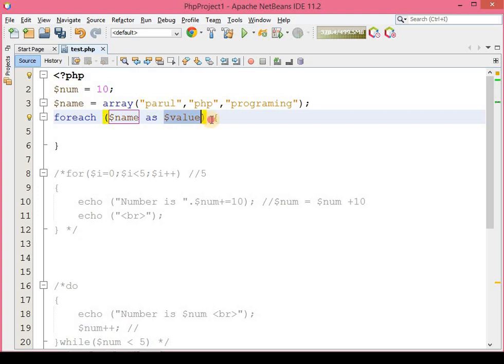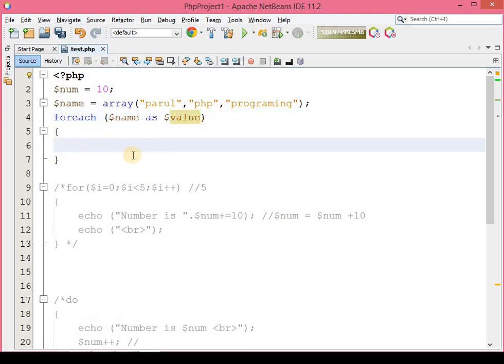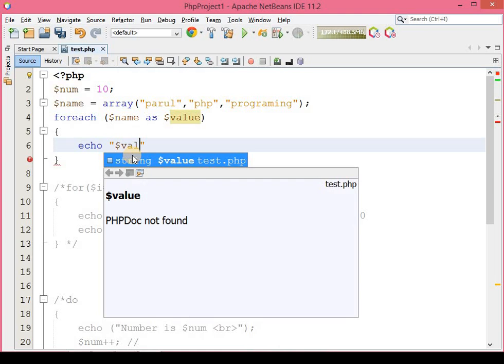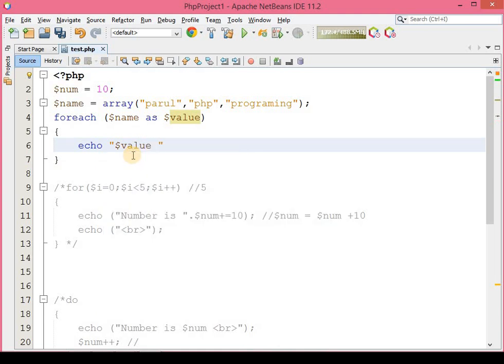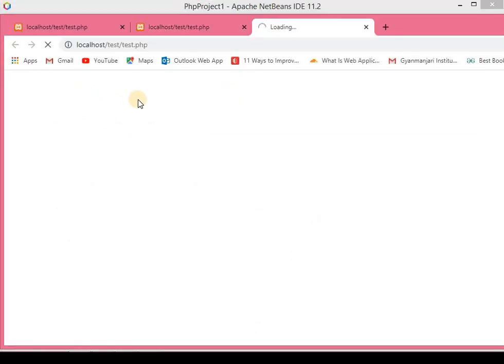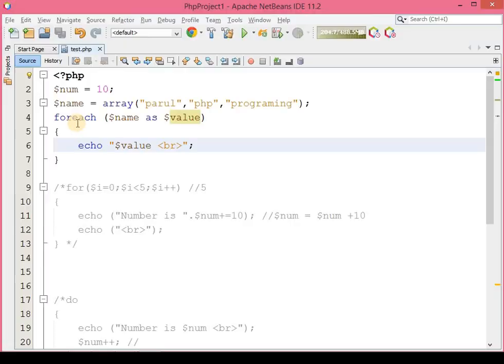Okay, so what I have to do is just print echo $value br break. Okay, that's it. Save this and run this. Okay, parallel PHP and programming, you got your answer.